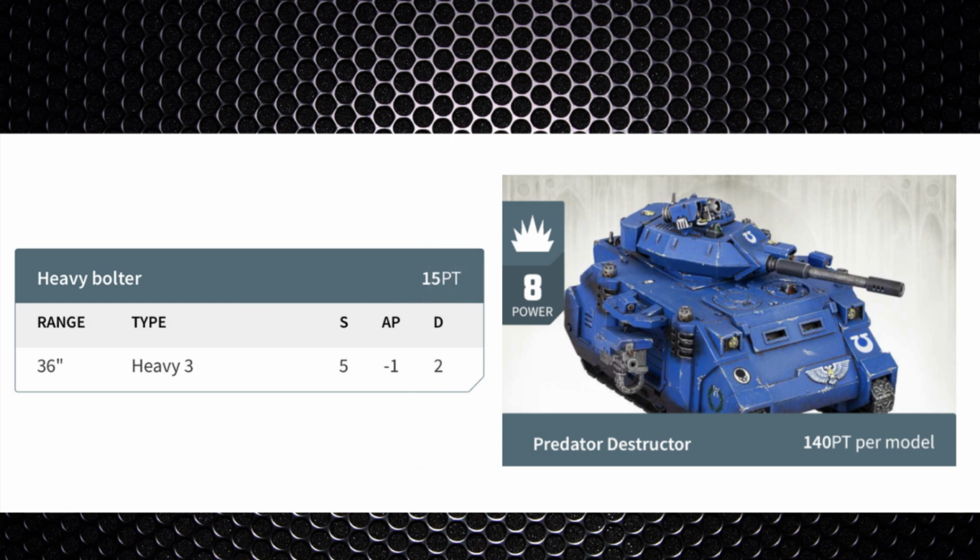Now these are going to be 15 points per heavy bolter and you will need to pay for both. They've got a range of 36 inches, heavy 3, strength 5, -1 AP and the damage is 2. So 36 inches is still a decent range, and 6 shots with ballistic skill 3 will net you an average